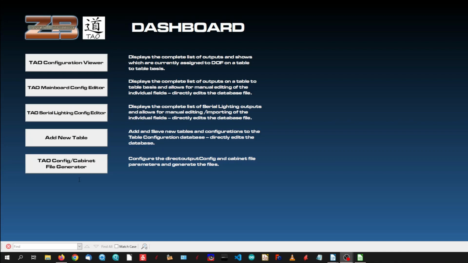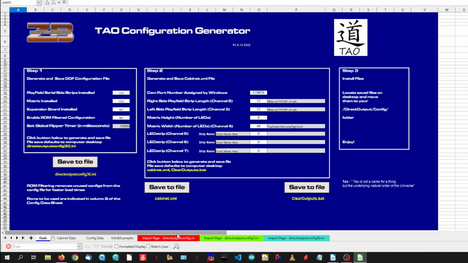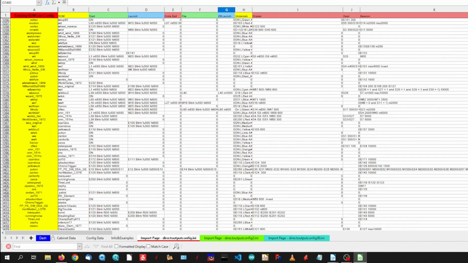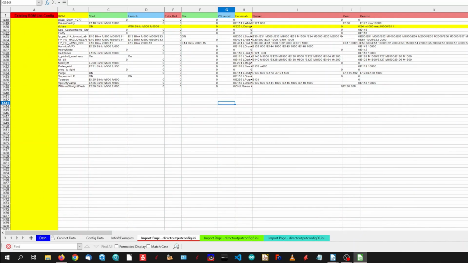The first thing we're going to need to do is open our file generator and go to our information that we imported. Now we selected the Dukes of Hazzard table, and as we go across we can see where the settings are. Now when I set up this sheet, I set it up in such a way that all of the columns line up with the information that you're going to need for each of your outputs. And to make it a little easier for you to keep track of what it is that you're doing, you can scroll